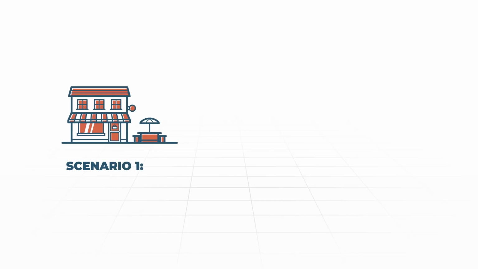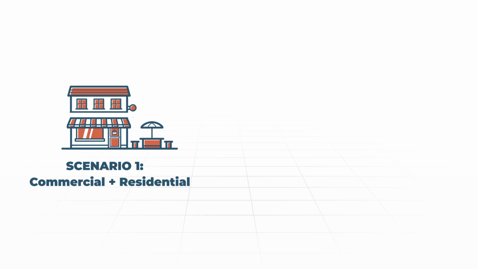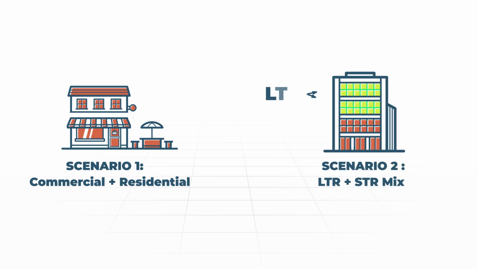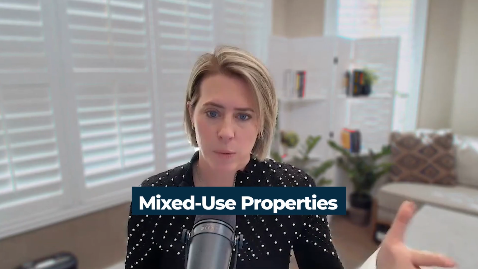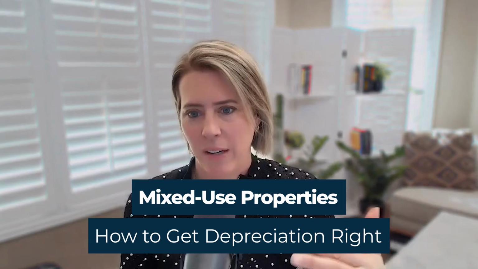First is a building that has both commercial and residential use. So this would be like retail on the ground level, and then apartments on the upper levels. So multifamily, as well as retail, all in the same building. The second scenario is a multi-unit property where some units are long-term rentals and others operate as short-term rentals. Both create different tax rules and even different depreciation lives of how those are treated for